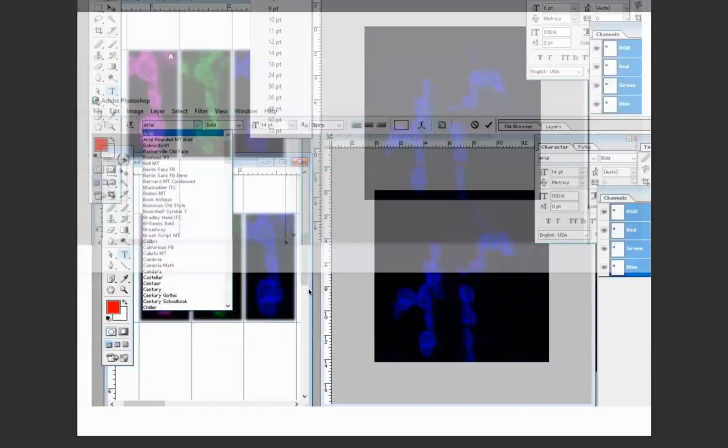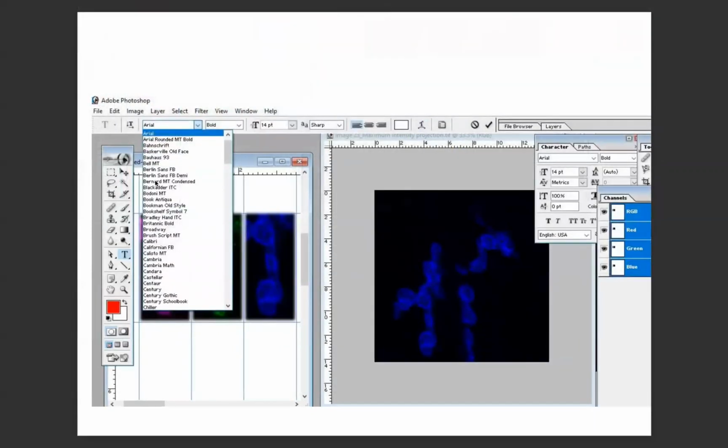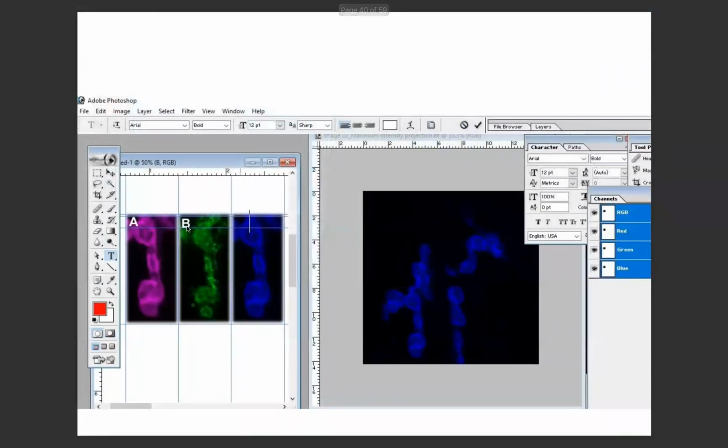Okay. So similarly, I have shown you the different formats. You can also edit your text, whether it is in Arial or a different format. Here I have just put B. Then in layer 3 I put C. But when I put C, it is not showing here. The C is not showing here.